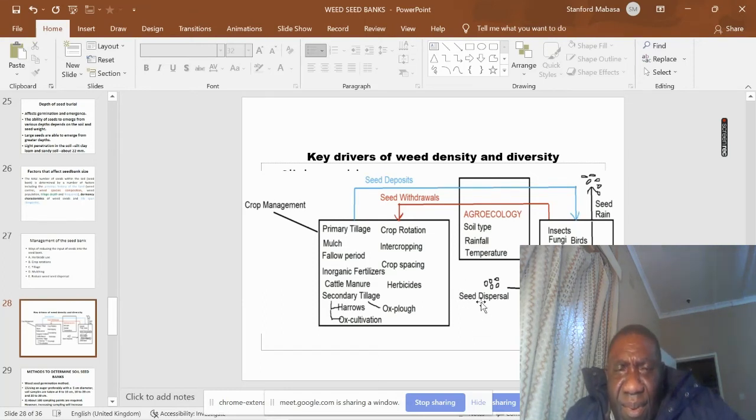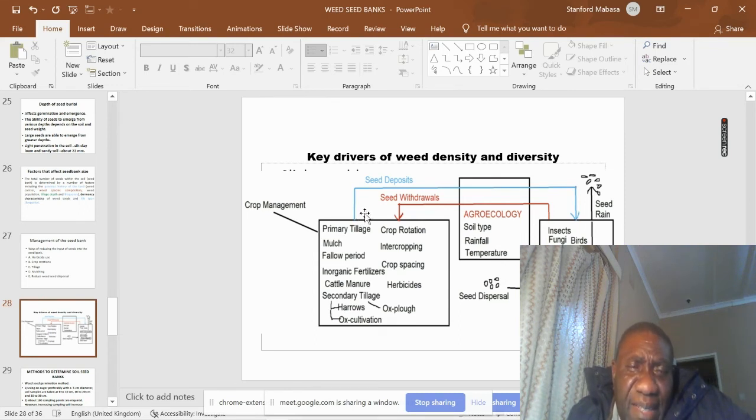Now, on the left, we have crop management practices, where we have primary tillage, mulch, fallow period, inorganic fertilizers, cattle manure, secondary tillage, harrows, ox cultivators, ox plow. When we are doing weed control during secondary tillage, we may also have crop rotation, intercropping, crop spacing, and use of herbicides. So what happens with the crop management,